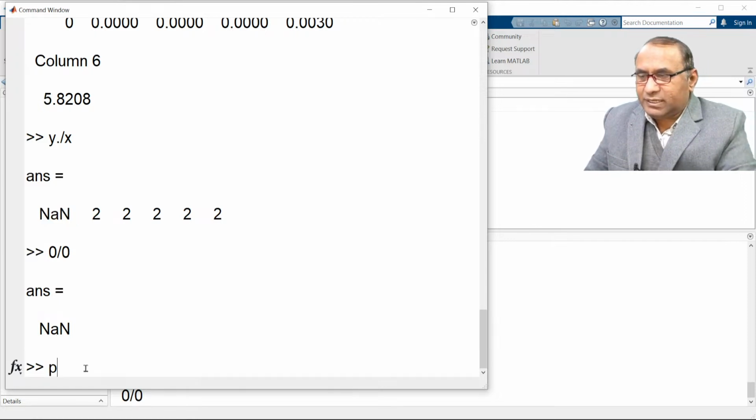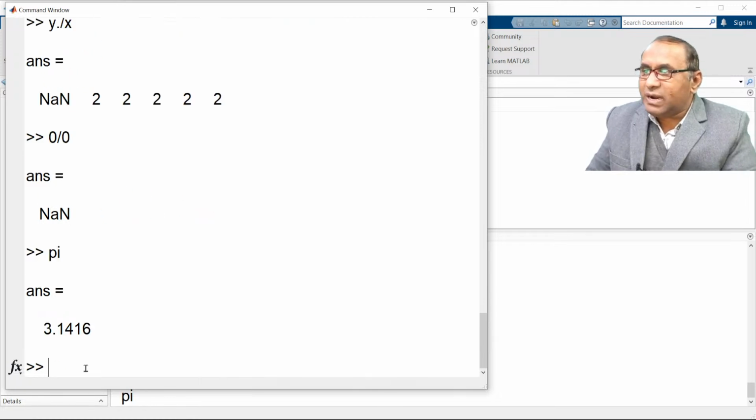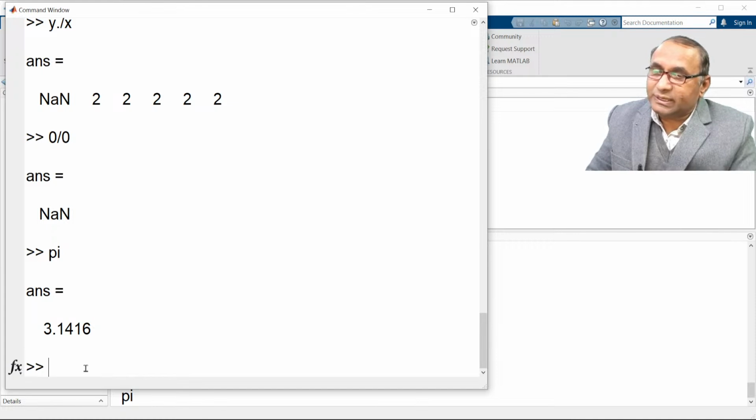And also there is pi, and the value of pi is 3.1416. You must remember this point because it will be very helpful when you use it for plotting or for different types of use. Okay, and also you can see,